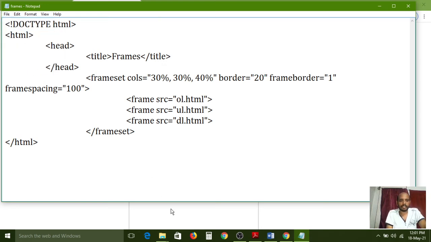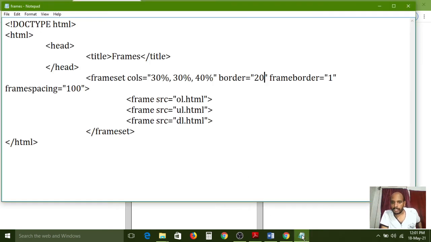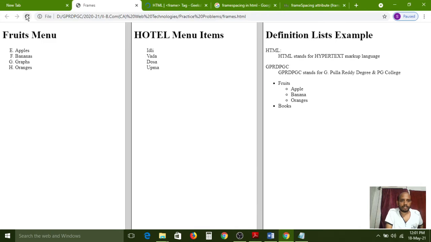Save. I am refreshing the page. Frame border, frame spacing equal to 20. Save. I am refreshing the page.